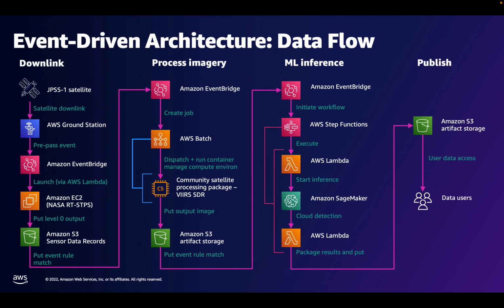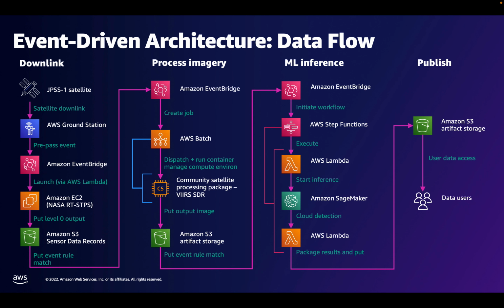So this is the data flow of the event-driven architecture that we're going to talk about. On the left side here, that left-hand column is in one AWS account. It's a centralized account where we have the JPSS-1 satellite onboarded. And then we use the AWS Ground Station service to downlink an image, or a contact, if you will, from JPSS-1. And then Ground Station emits what's called a pre-pass event, which triggers an Amazon EventBridge event, and